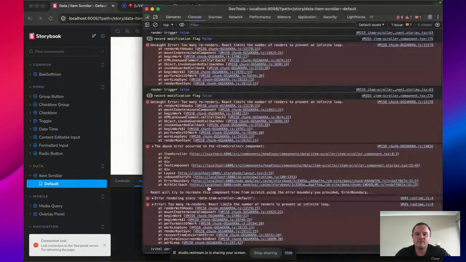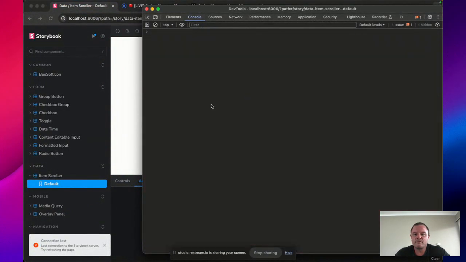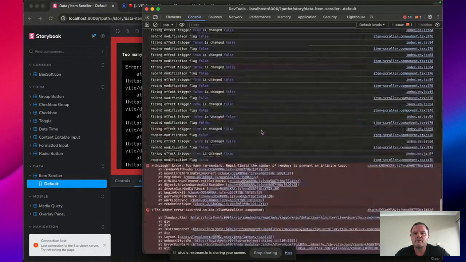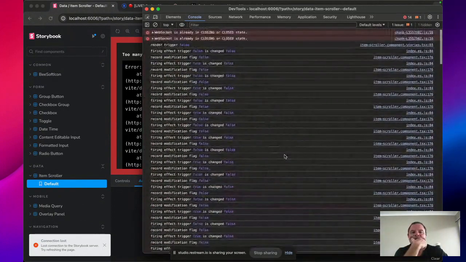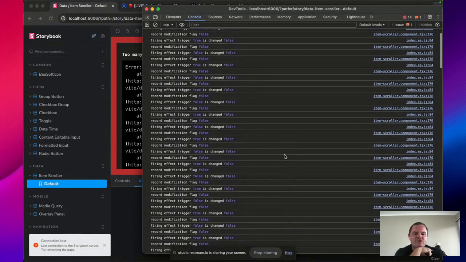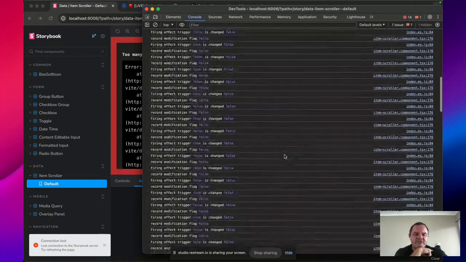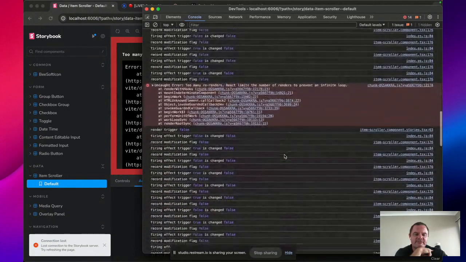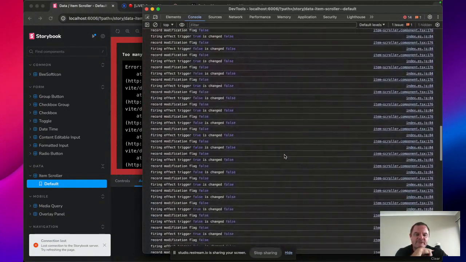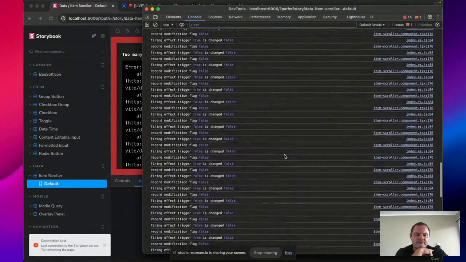Okay. So let's see here. It does look like it is firing the effect trigger. True, false, true, false. It's never changed. So is changed is not coming across as true. So it's not somehow getting a false is changed, but it's still,